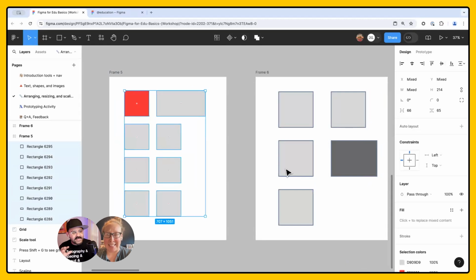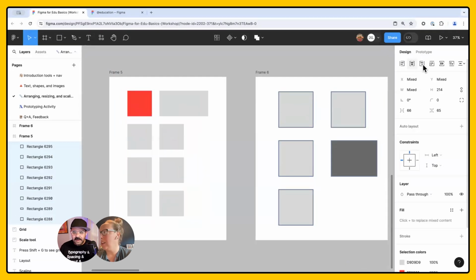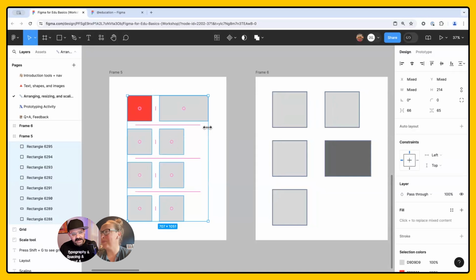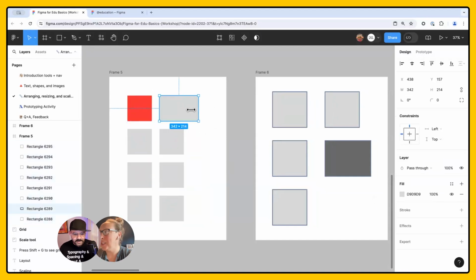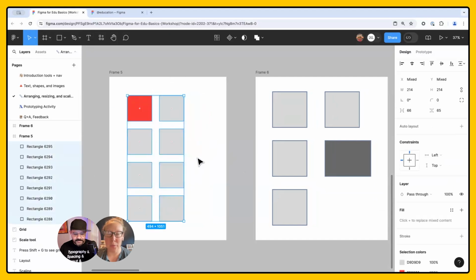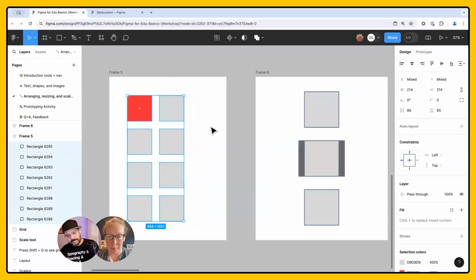But let's say I want to center them as a group. I'm going to hold down the Shift key while I hover over them. It's a little hidden thing. But you'll see that when I hold the Shift key, I can click and I can arrange, and it'll center them perfectly. That's really, really cool. So I can scale that again. So when you don't press the Shift key, this is what happened to me.